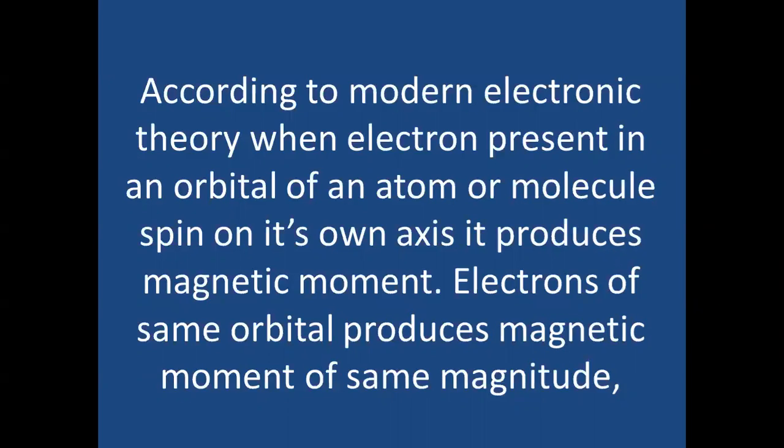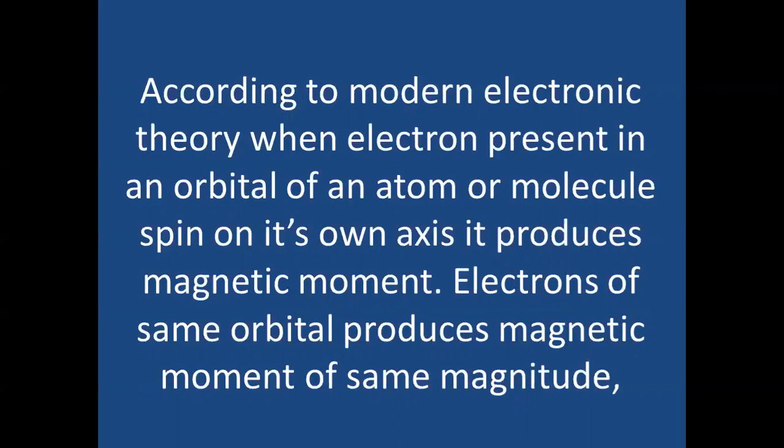We all know that electrons spin on their own axis in the atom. Now, because electrons produce magnetic moment when they spin, we may have a condition that an orbital may have two electrons, or a completely filled orbital, or